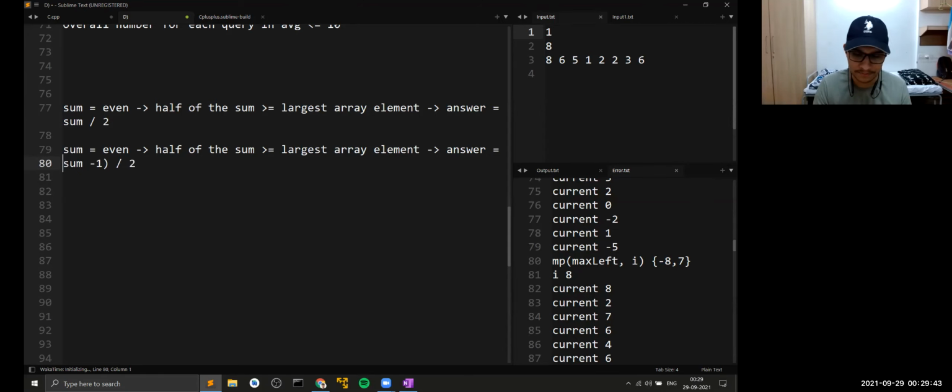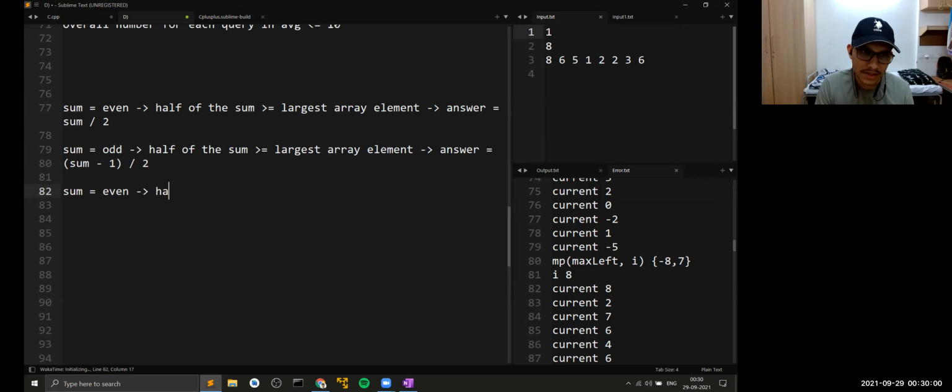And in the case where half the sum is smaller than the largest element, in that case, the sum of the array minus the largest element would be the number of times we can subtract. Okay, just a minute. Yeah, if it's less than the largest, then the answer is equal to sum minus max.